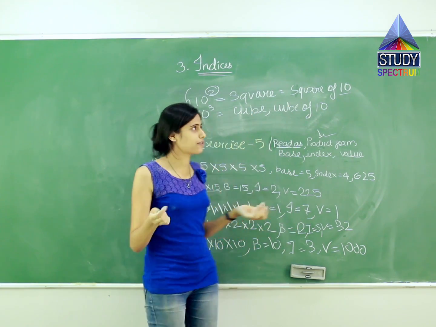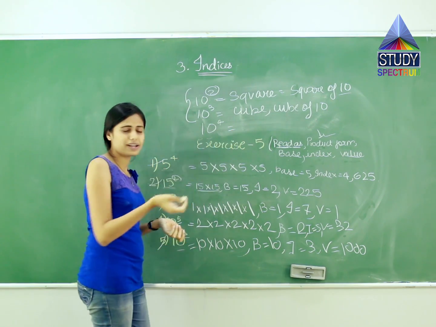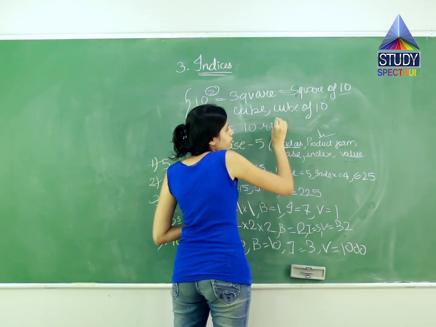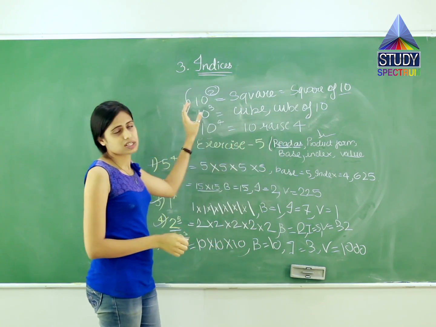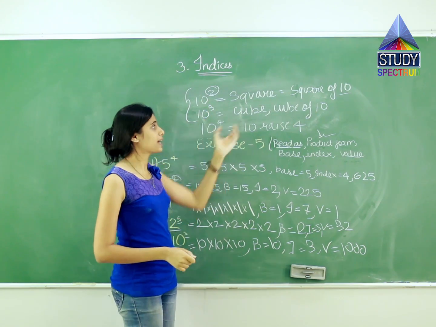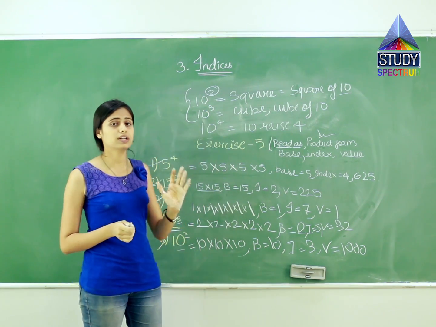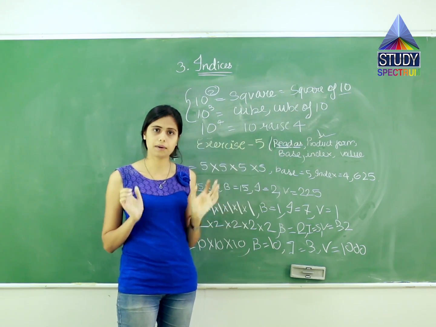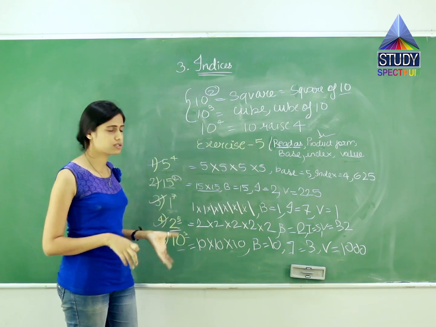Rest all the numbers, if I say 10 and above it a 4, index 4. So what I will say, normally जैसे हम बोलते हैं 10 raised to 4. इसको हम ऐसे भी बोल सकते हैं 10 raised to 2, or you can say square of 10. Both are correct. And over here we can also say 10 raised to 3, or we can say cube of 10. They are both the sentence meaning are the one and the same. So clear with this questions.